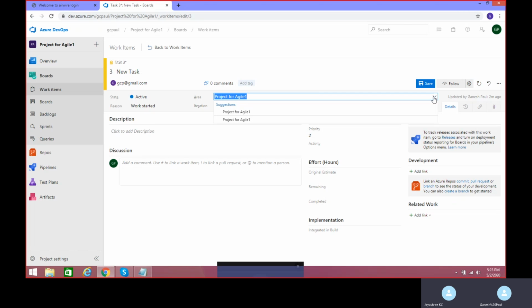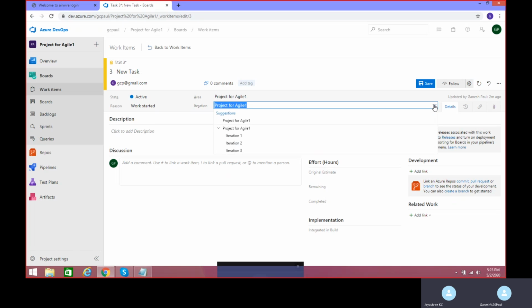Area is usually your team name. Iteration is the sprint in which your particular task is working, like sprint one, sprint two, sprint three.